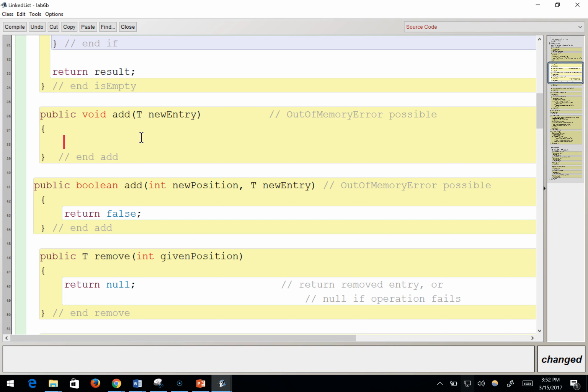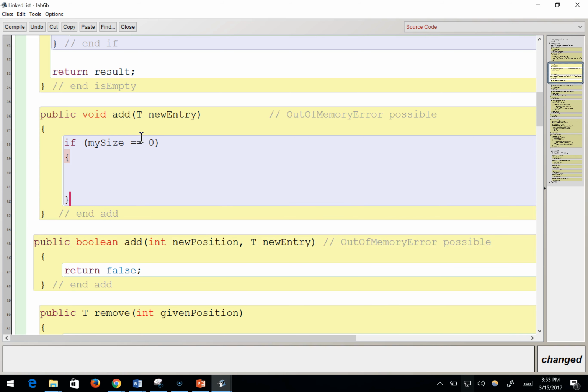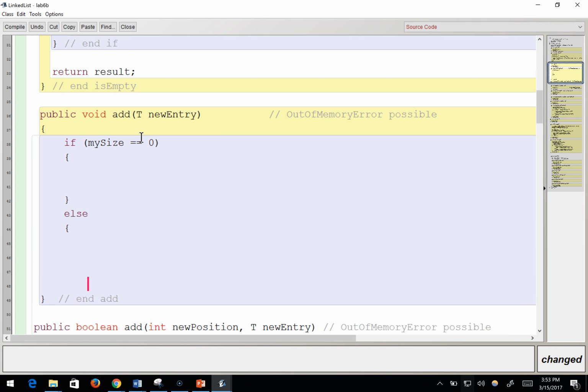And again, there's sort of two situations here, right? There's one situation where the size of the list is 0, right? So we could say something like if my size equals 0, in this case, it's an empty list. Else, in this case, it's a non-empty list. If it's an empty list, it's pretty easy. We make, actually,